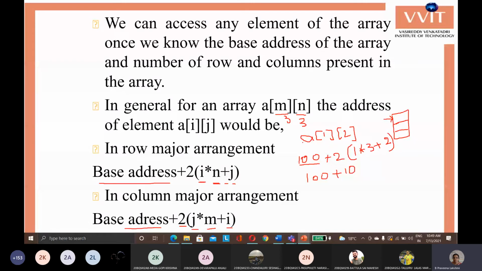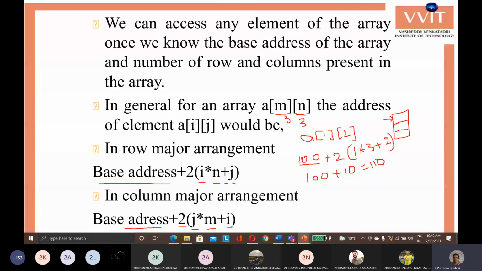A of 1 2 means the first row has 3 elements, so 3 into 2 is 6 locations. In the second row you are asking for the third element. The first two elements take 4 locations. So the first row is 6 and 4 makes 10. After the 10th location, the third element starts.